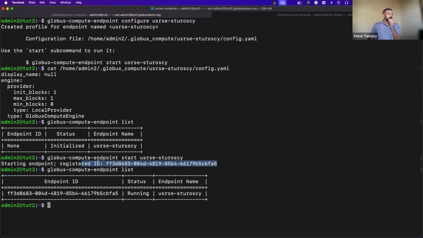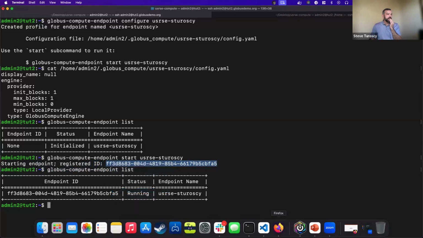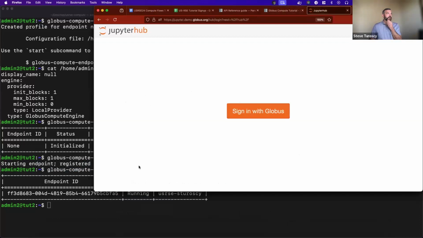So for good measure, we'll copy this again. And then we're going to go back to Jupyter. So this is jupyter.demo.globus.org. When you sign in, you're going to want to sign in with the same credentials that you configured this endpoint to on the EC2 instance. So if I sign in here with Globus,